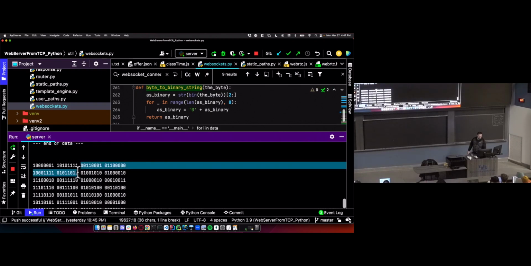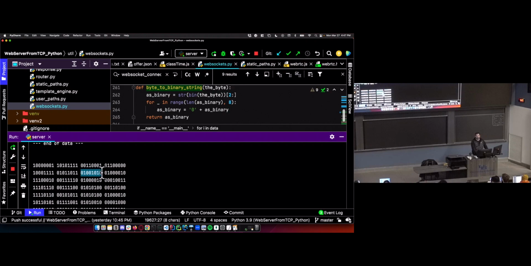Then I'm going to have 4 masking bytes, and then the payload. So since my payload length was only the 7-bit payload length, the 16-bit and the 64-bit, those things aren't present here. I know that this is my masking key, and I can start XORing this byte with this byte to get the first character, this byte with this byte to get the second character, this byte with this byte, etc. And then it repeats this byte with this byte until